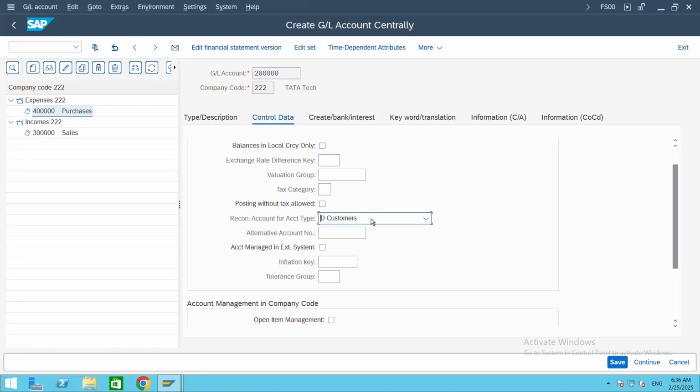That means the GL account which we are creating now is for debtors, that is customers. All the customer accounts will get linked to this GL account. This is a reconciliation account. That is the reason we have selected the reconciliation account type. After selecting the reconciliation account type,